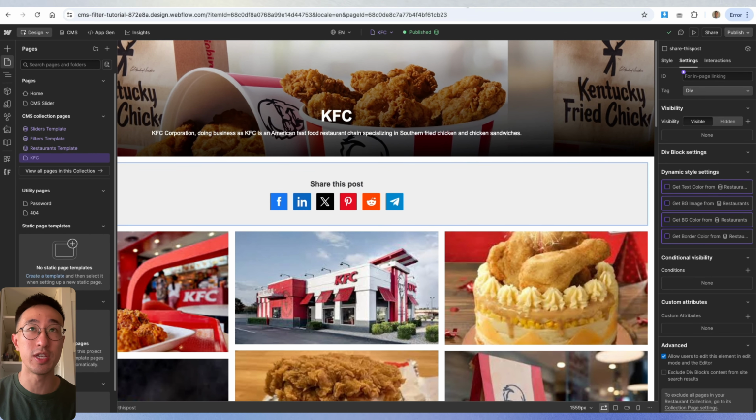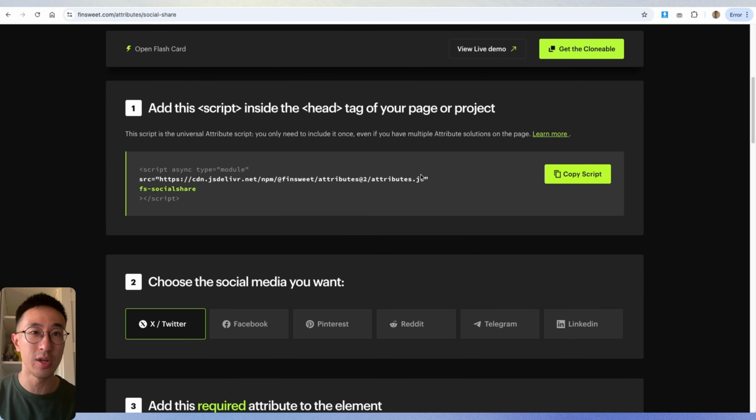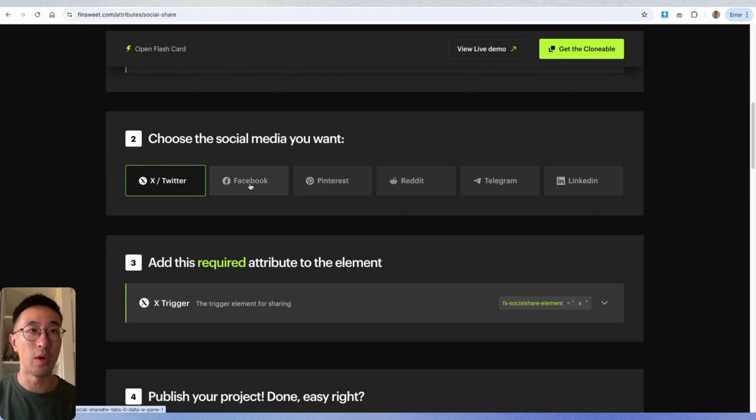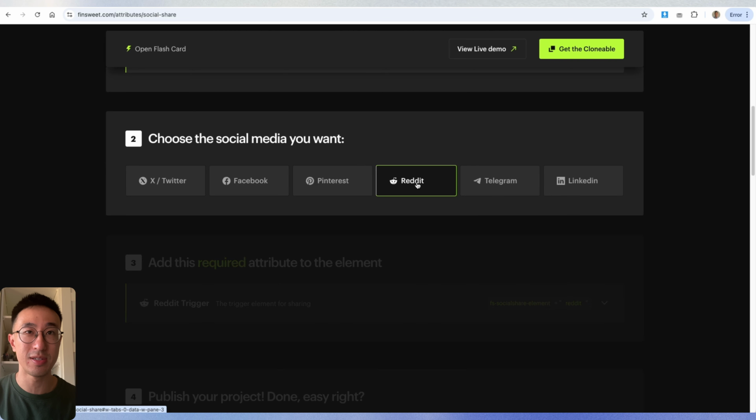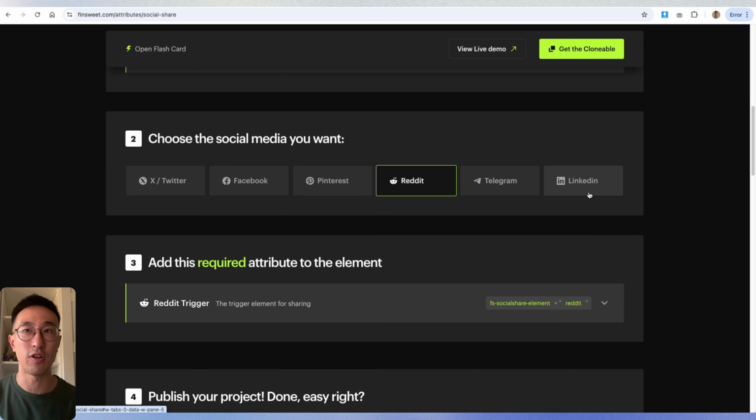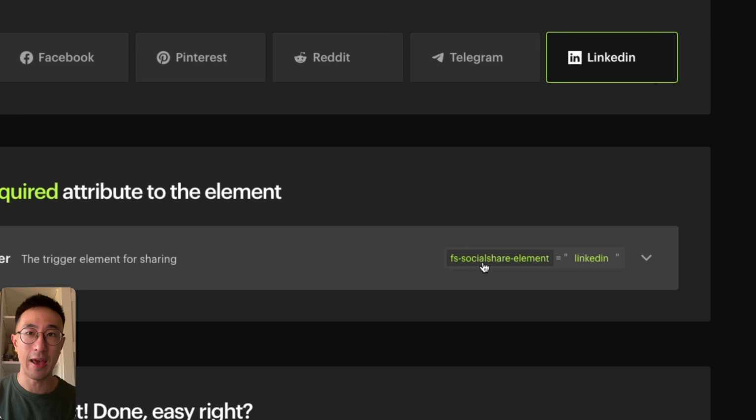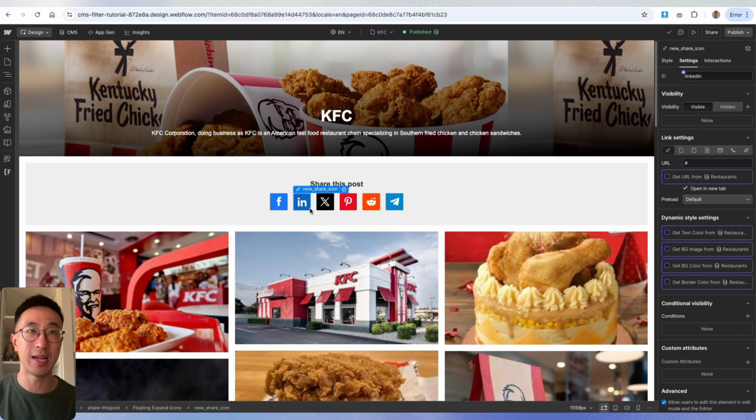The next step is to head back to the documentation. And right now it's very, very simple. We can add these specific share buttons. You might not have all of them, but let's just say, for example, in LinkedIn right here, we can copy this attribute, fs-socialshare-element, go back into Webflow, find LinkedIn, and then on the right-hand side,